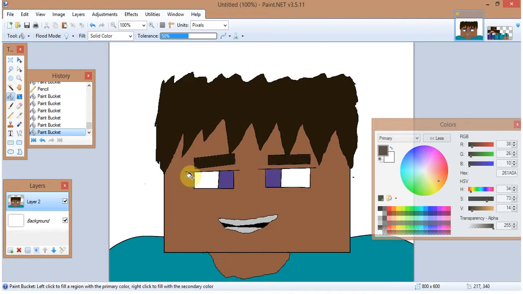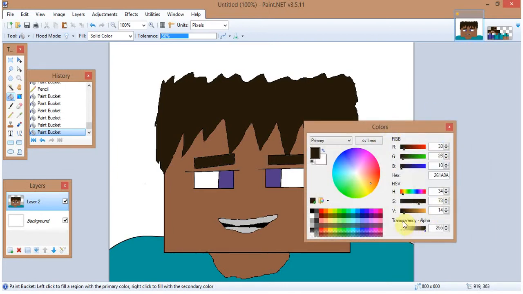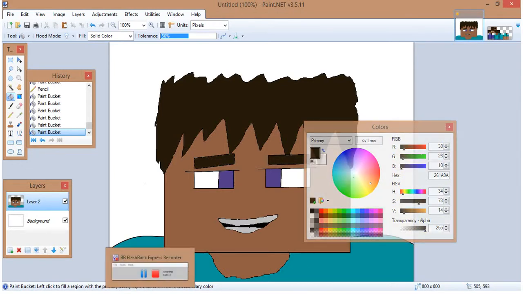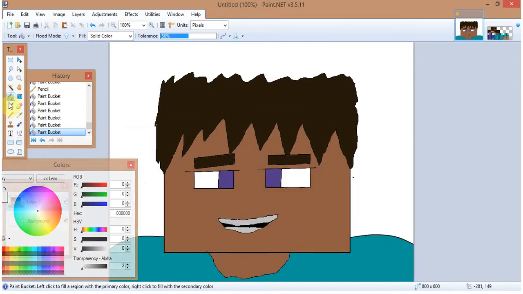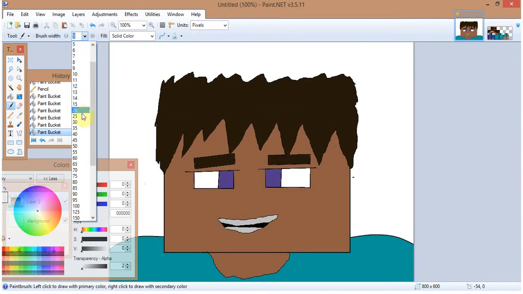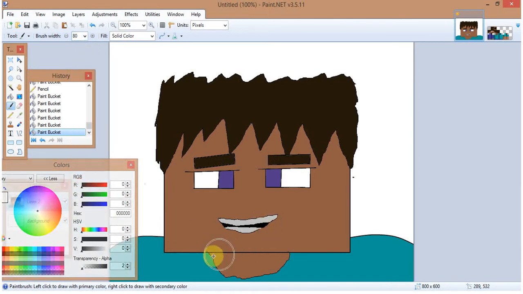We're actually almost done. There's literally just coloring of the teeth, and that's in the shading process, which we're gonna do next. The shading process is the complicated part, and it involves this section of the color grid. Basically all we have to do is make the black transparency 2. Once you do that, click this paintbrush, make it like 80, and then start